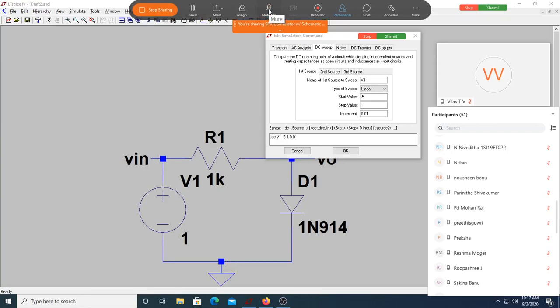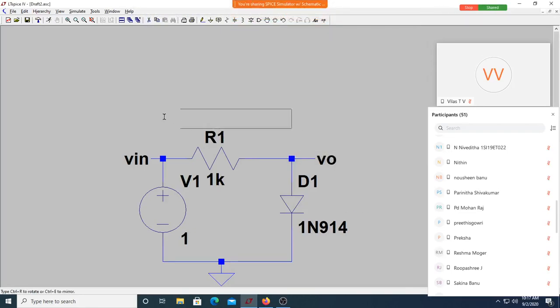Sorry for the interruption. Okay, we are sweeping the voltage. So let me just say, okay, this will come. See now, this is a totally different analysis. What is that? Simulation command we are doing. Earlier, first we did .op, which is giving only the DC voltage and currents, keeping or making all capacitors open circuited and inductances short circuited. And we also did .tran, if I'm not wrong.